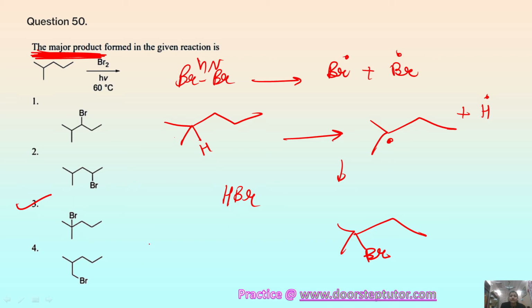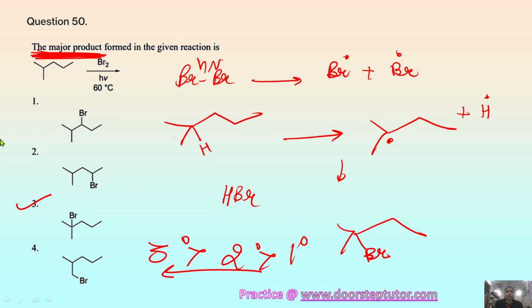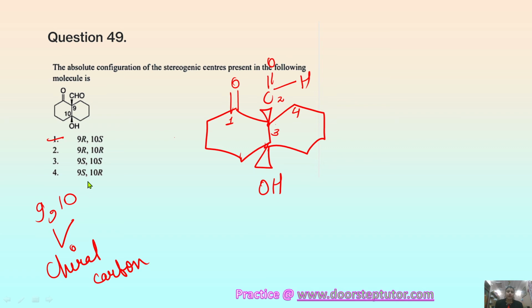So the main concept is that the tertiary free radical is more stable than the secondary free radical and the primary free radical. That's the main concept behind this question, and this small concept gives you the marks. So from 2 to 3 marks the rank is increased in the questions basically. So now